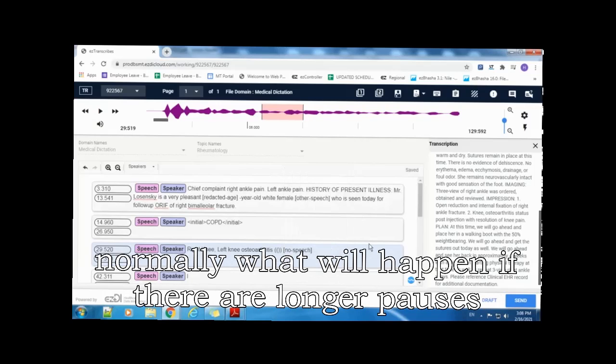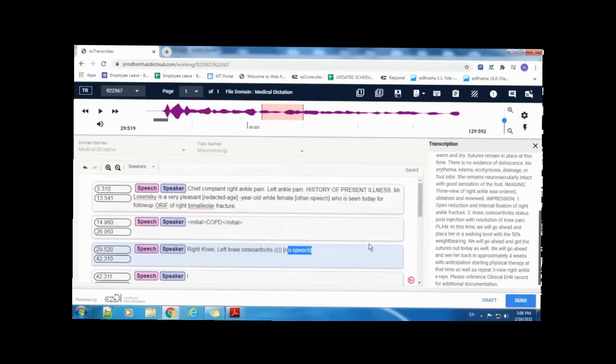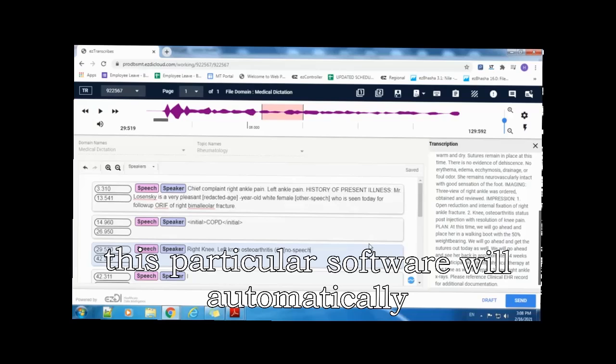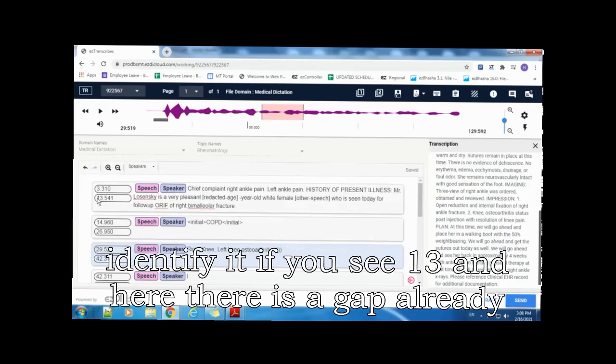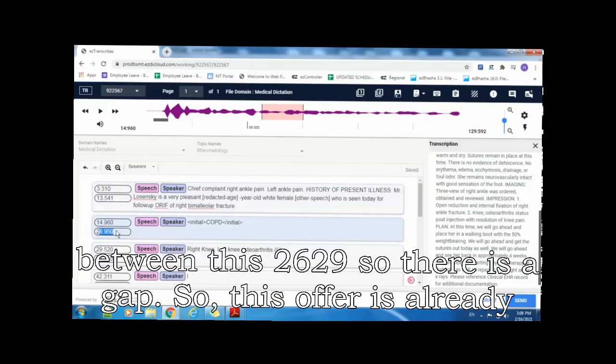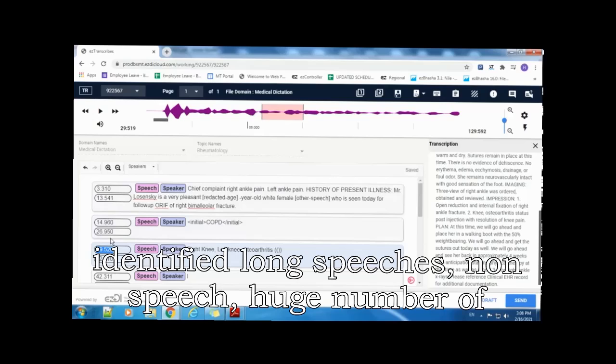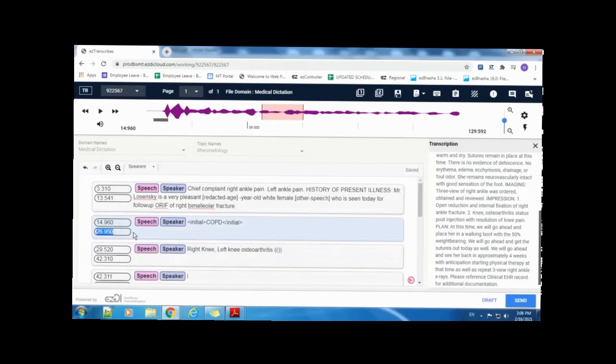Now normally, if there are longer pauses, this particular software will automatically identify them. If you see 13 and here there is a gap already between 26, 29, so there is a gap. This software has already identified long non-speech, a huge number of gaps.